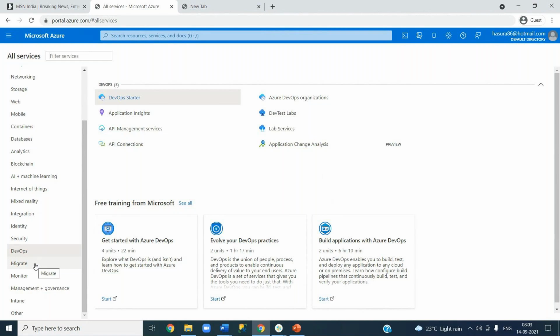A classic example is that you create a virtual machine and you really don't know how much you are paying for it. If you don't stop or delete that virtual machine after your lab and it runs for 24 hours, you probably end up spending all your 12,000 rupees. The best practice is that as soon as you create a service and understand it, immediately delete it, so that you utilize your free credit effectively.